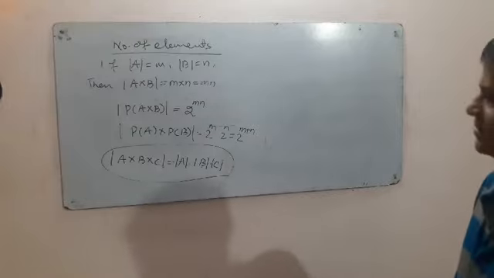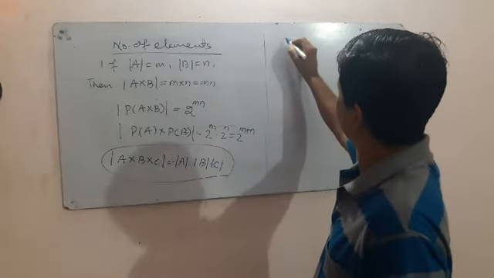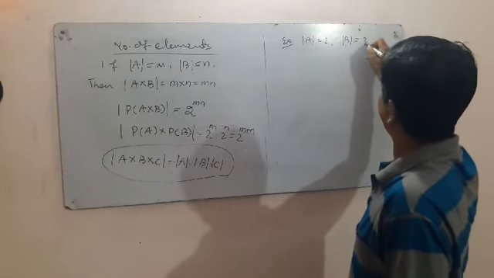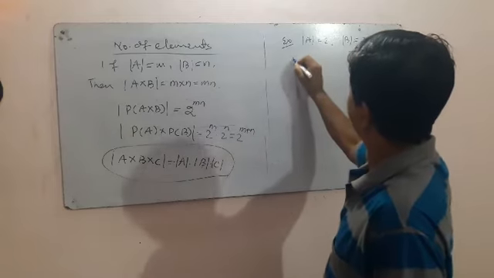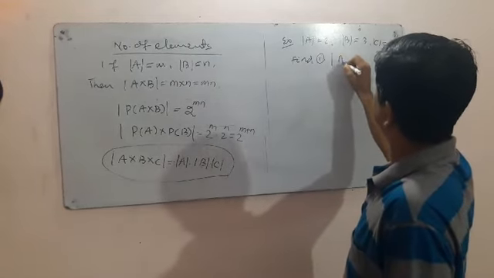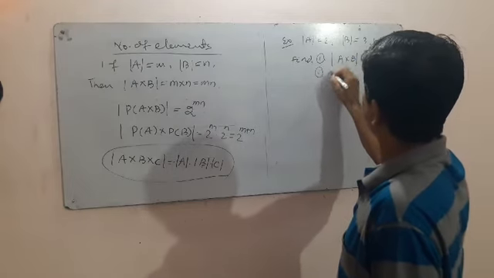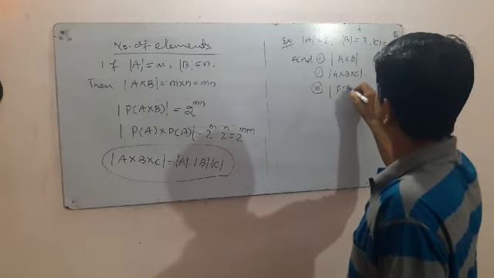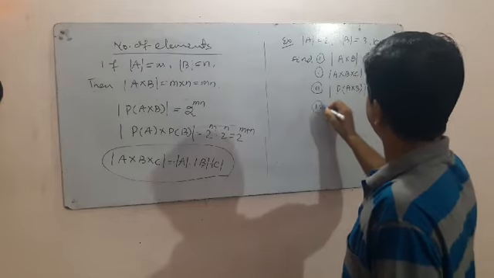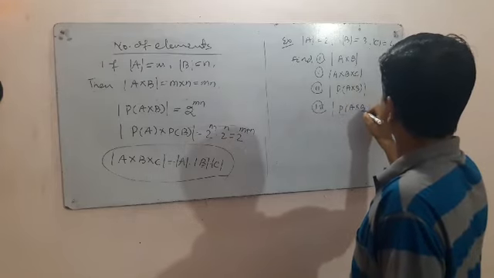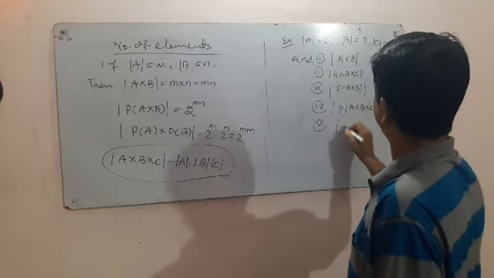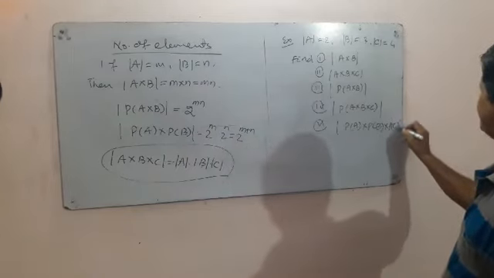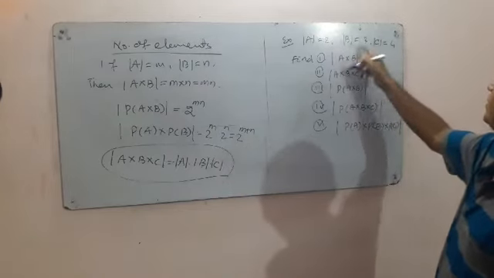Come to one example for this. Let the cardinality of A equal 2, the cardinality of B equal 3 and the cardinality of C equal 4. Find: first, the cardinality of A cross B; second, the cardinality of A cross B cross C; third, the cardinality of the power set of A cross B; fourth, the cardinality of the power set of A cross B cross C; fifth, the cardinality of the power set of A cross the power set of B cross the power set of C. Look at the answers: the first is 2 into 3, 6.